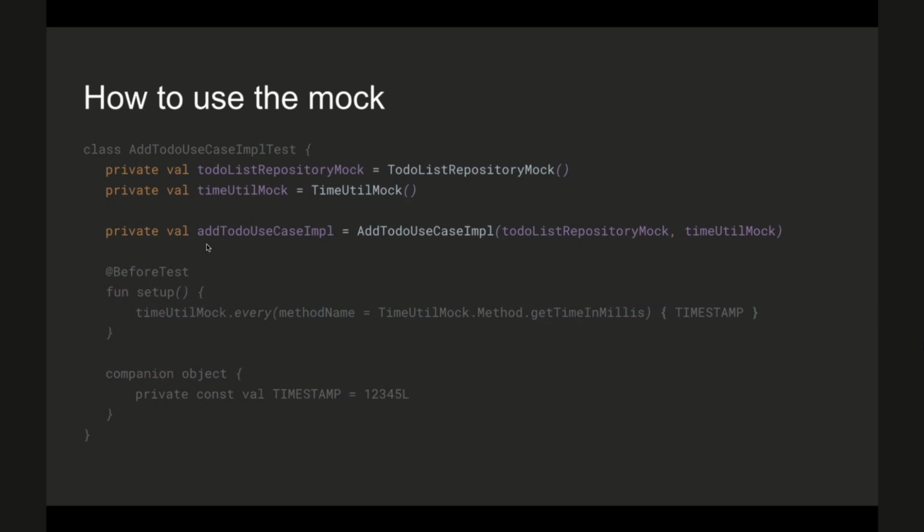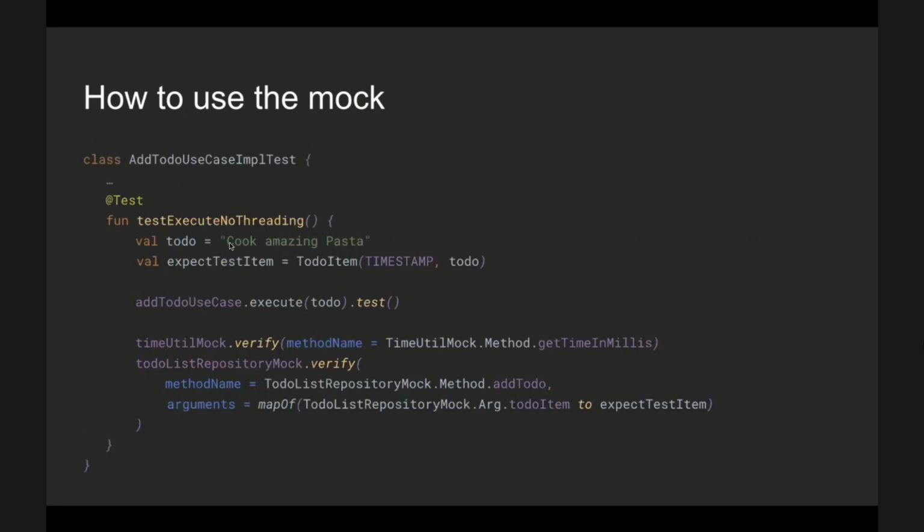And then, since we are using TimeUtil and we need to mock its response, in the test we can do it in the before, or it's up to you. If it's a test that has different values, you can do it for each test case. So we just call every on the method, and then we say that the method name we want to mock is getTimeInMillis, and we return this timestamp. You can see it in the companion below. Now for a test case,